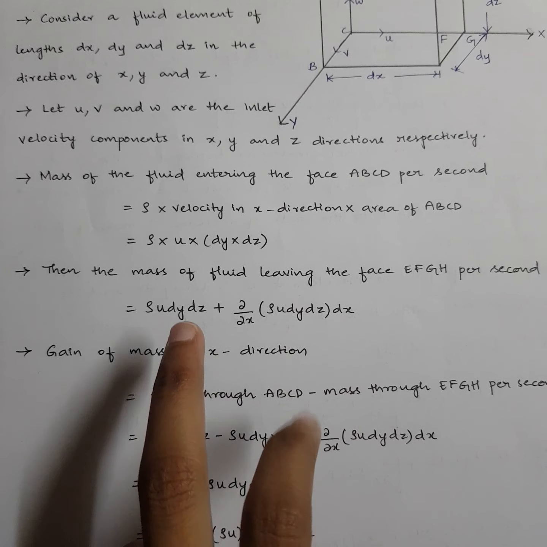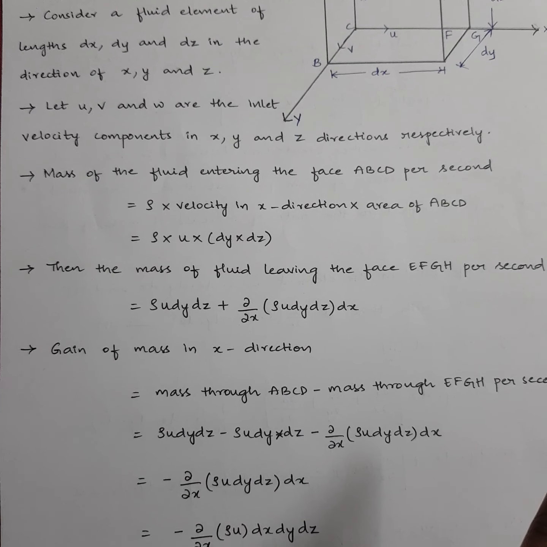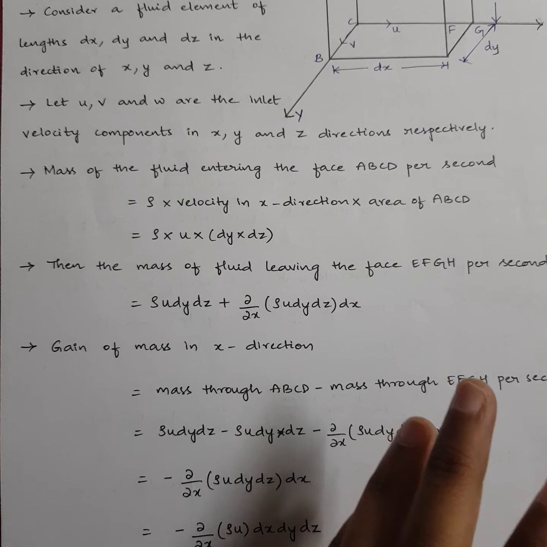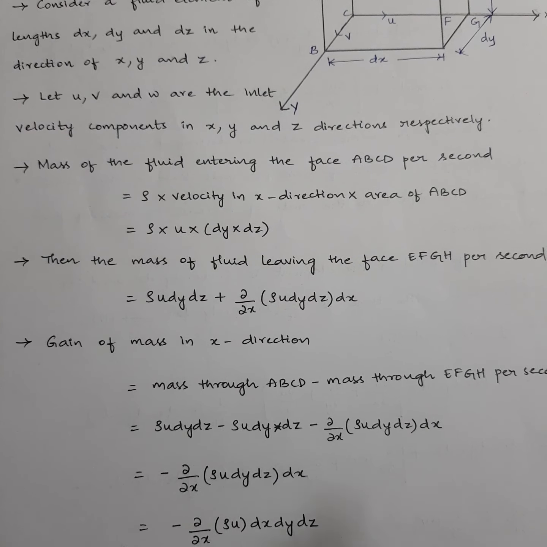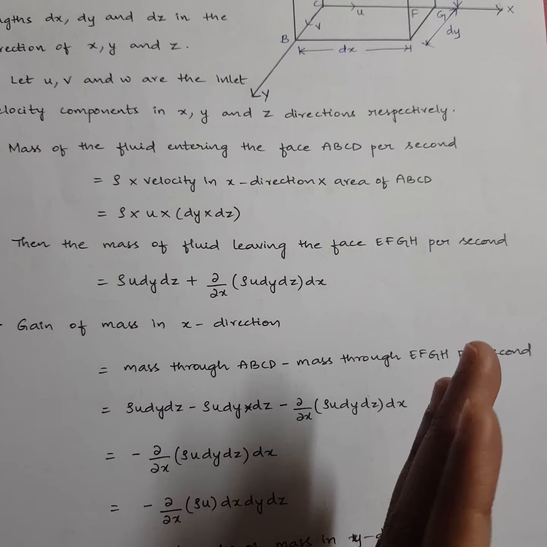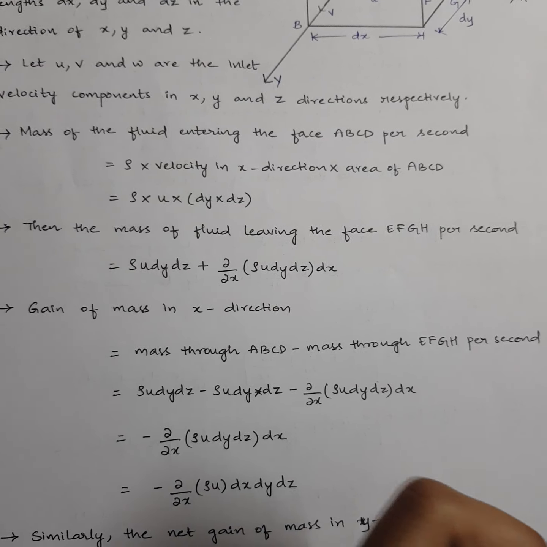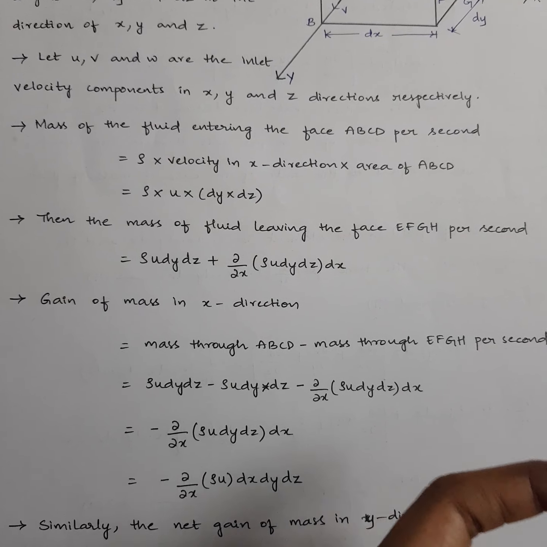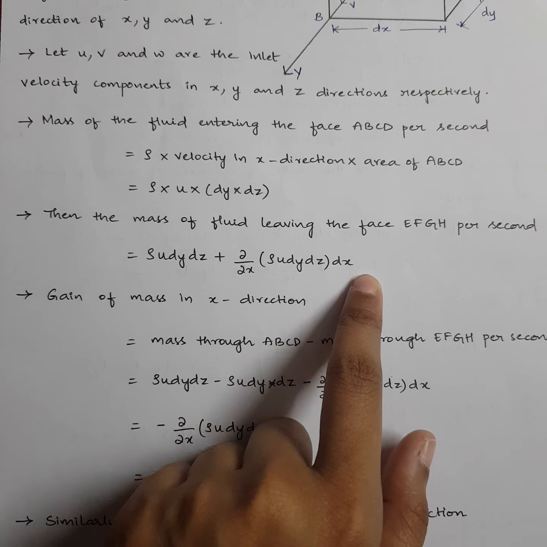Okay, I'm repeating, we assume when the mass of the fluid is leaving the phase EFGH, there is a small gain in the mass, and this gain in the mass could be due to dissolved air or the presence of any particulate matter, or again from beyond there is another liquid. The flow is continuous, right? So again liquid is coming, so hence there could be a gain of mass. So that gain of mass we assume to be very little, which is increasing in that particular direction only, hence dou by dou x of the given mass into dx.